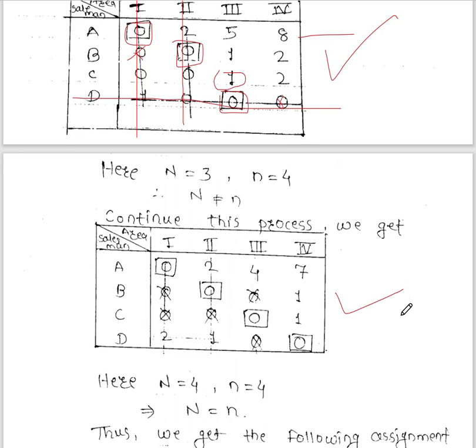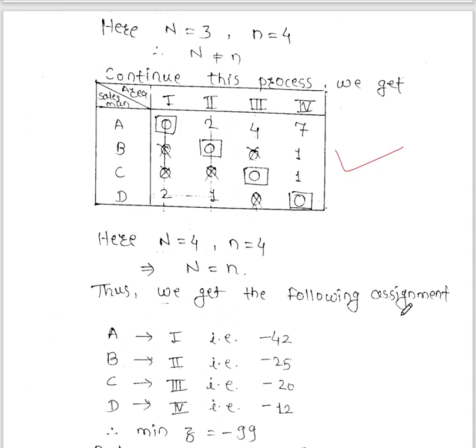Now if you observe, in each row and each column there is at least one zero assignment. Okay, so now you are ready to make the zero assignment. Now go first row wise. So here in the first row at cell 1 1 there is a 0, so we can make a 0 assignment here and cross the column.